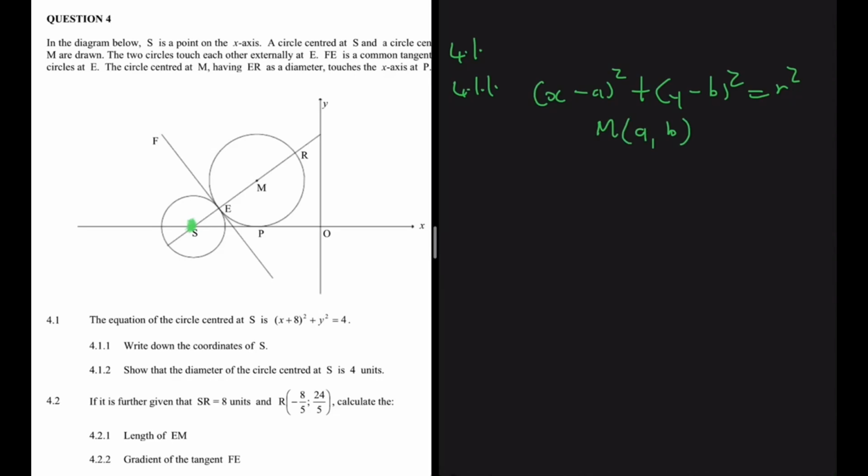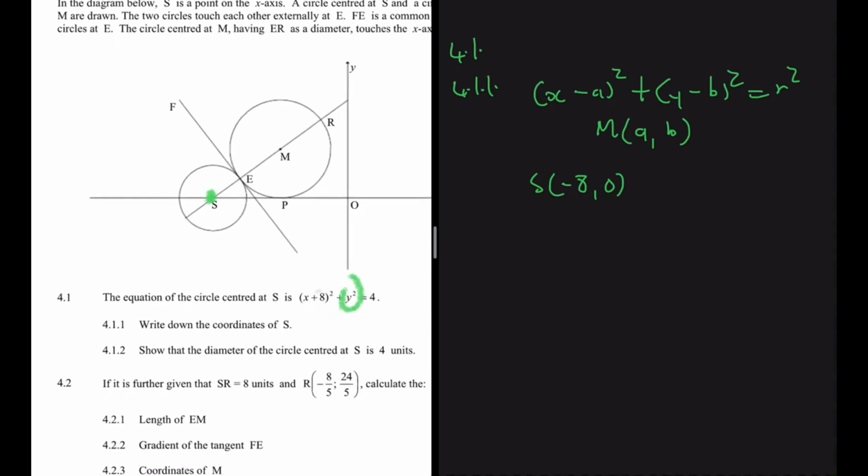So for our circle centered at S, the coordinates of S will be given by minus 8 and 0. It just says y squared, right? So that will just give us 0. And then this 8 will give us minus 8 based on this general formula we have, right? And then let's do